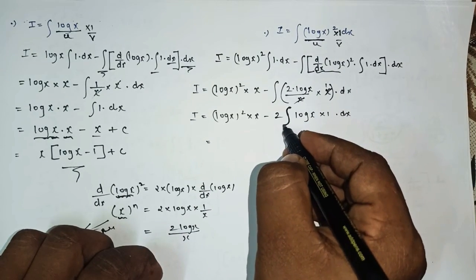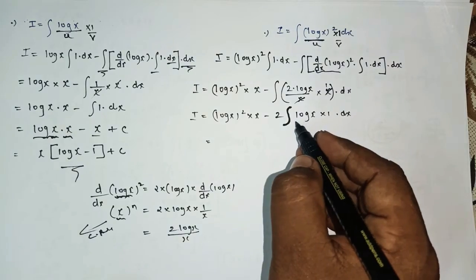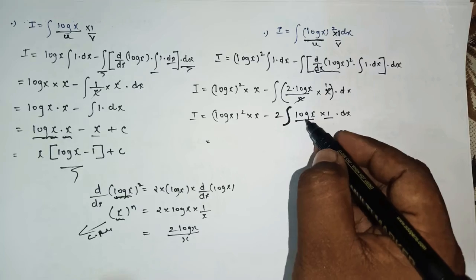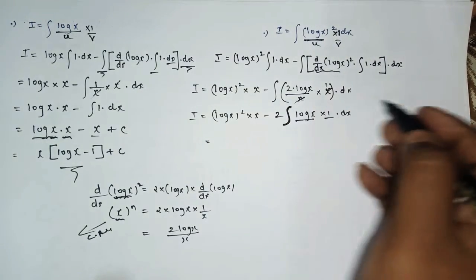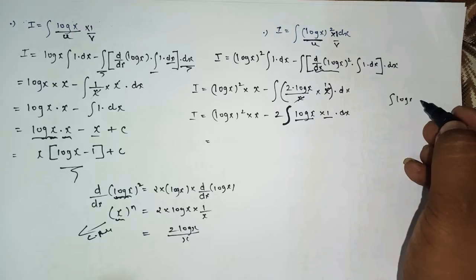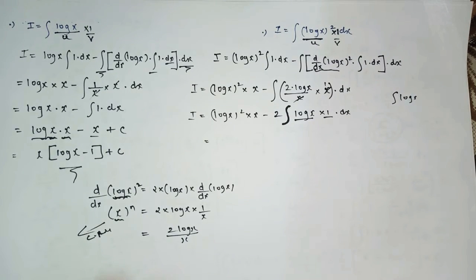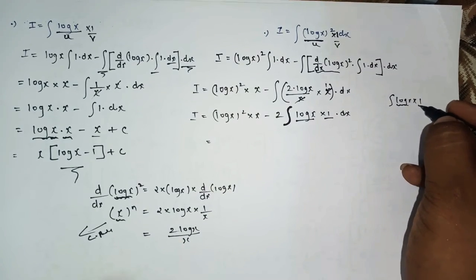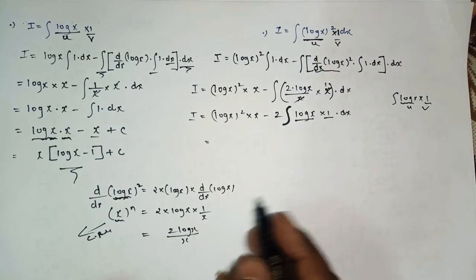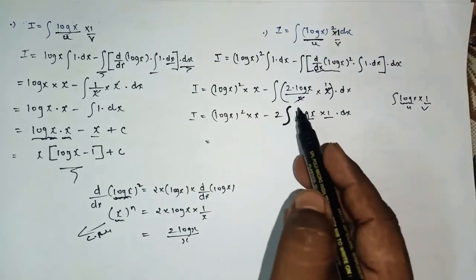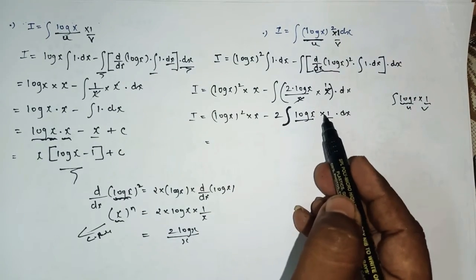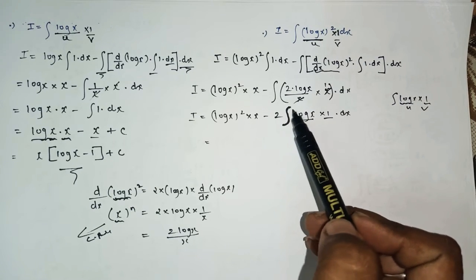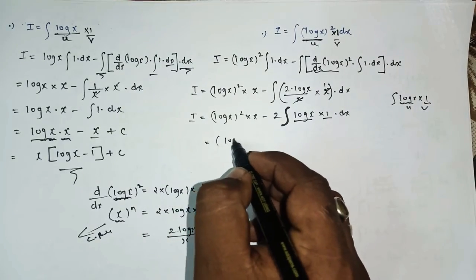Okay, again we had seen that inside the integral, we have two terms, log x into 1. And we know that whenever we come across only log x, we cannot integrate log x, as we don't have a direct integral for log x. So we multiply the log by 1 and we apply the u into v rule. So here also we'll do the same thing. To integrate this part, we'll multiply this log by 1. As 2 is constant, we had removed it outside the integral. We'll keep this part as it is.